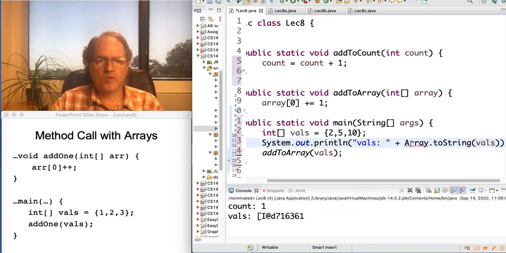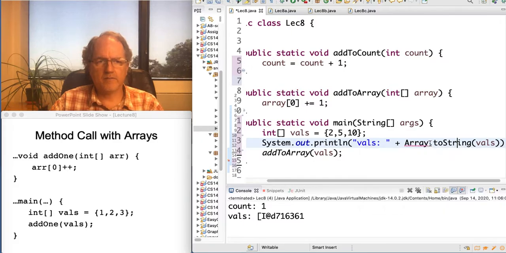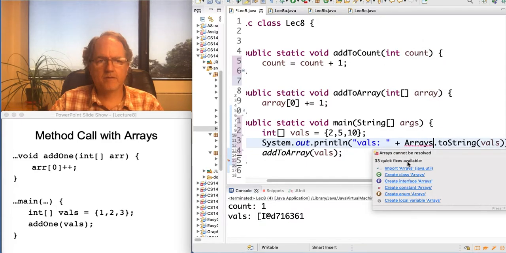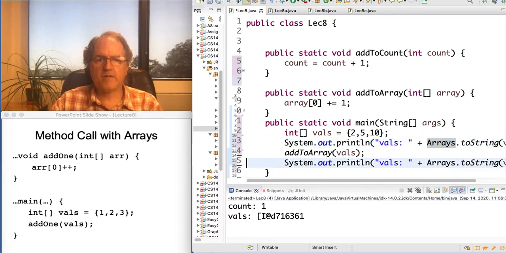I need to import Arrays, I think, for Arrays.toString. Come on, give me the quick fix. Okay, happy. I'm going to copy this and print out vals, so vals before we call add to array and vals after we call it. And if I run it,